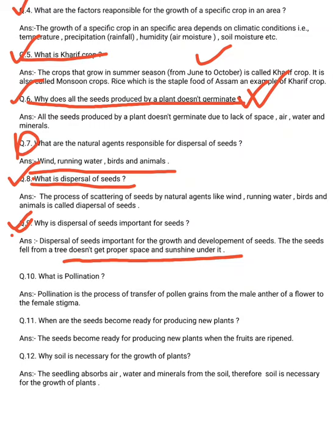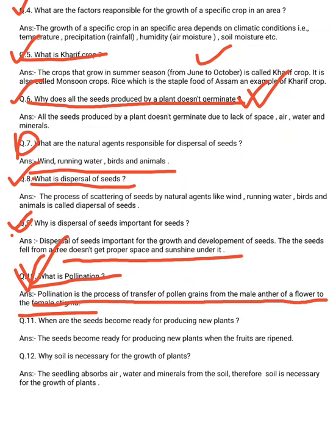Next question is very important, question number 10. What is pollination? You know, dear students, that after pollination the flower gets fertilized. After pollination the flower is fertilized, and after fertilization it can produce seeds. Did you understand? So pollination is necessary. Pollination is the natural process of transfer of pollen grains from the male anther of a flower to the female